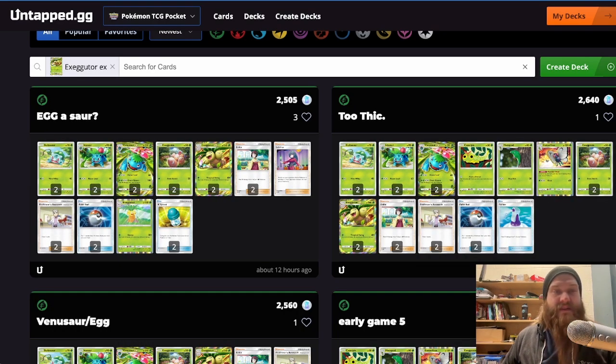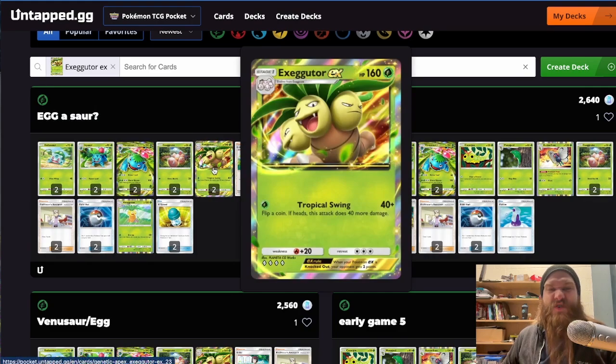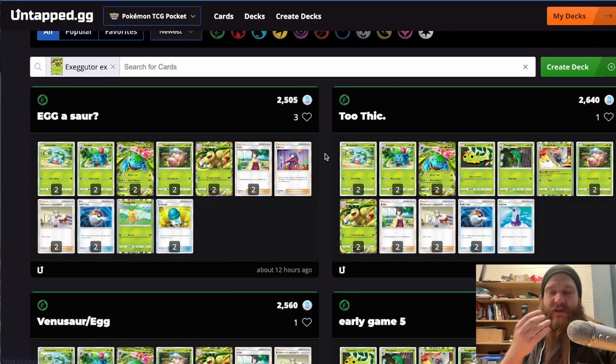Let me present to you one of the most annoying decks to play against. This version is called Egasaur, but it's so annoying because of Executor. One energy, flip a coin. If heads, this attack does 40 more damage. You can get this out on turn 2. Well, okay, turn 4, your second turn if you're going second,